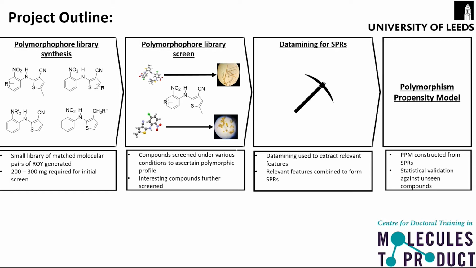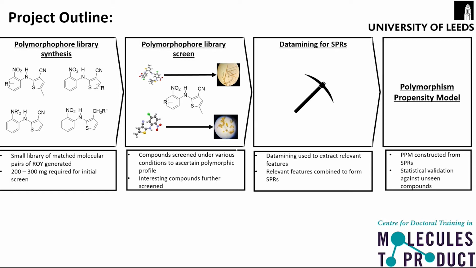And any interesting compounds that we find from here, in our case, I think a really interesting case would be compounds that weren't displaying polymorphism, will be scaled up further synthetically in the lab, and we'll submit them for